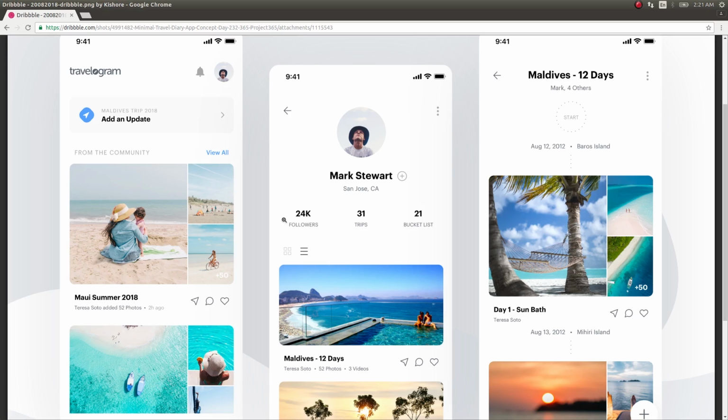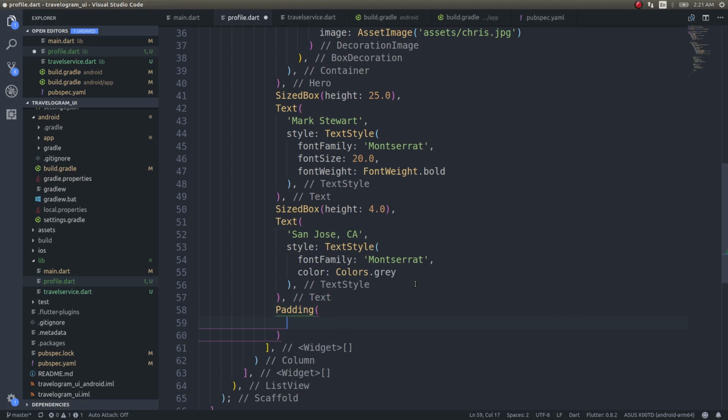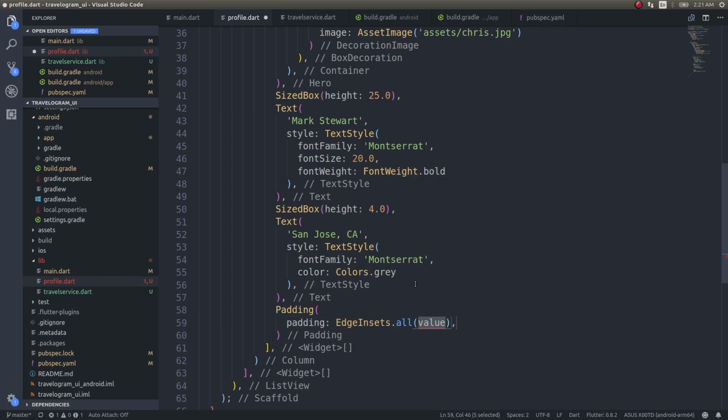And that has some padding here and here as well. We'll include all that. So after this text, I'll have a padding widget, and inside that I'll give padding edge insets dot all 30. Okay, and then child row